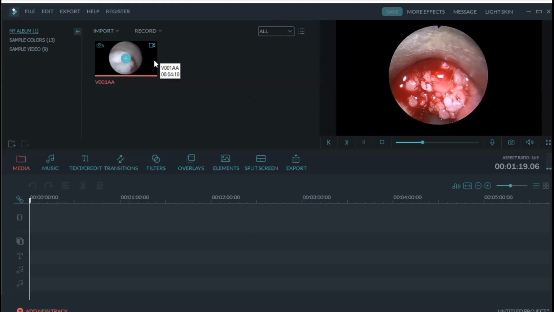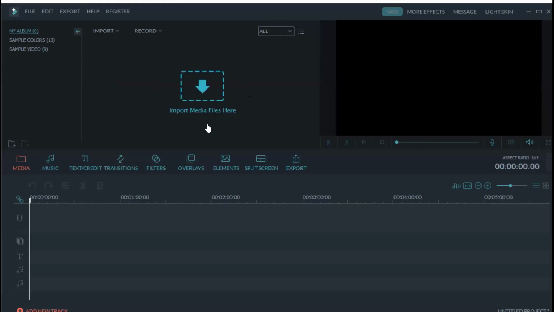That's it. Very simple. Now this is what you exactly get. The first step is that you have to import the file. This is a very simple software, easy to understand, not complicated at all. This is called the timeline. This is the place where you see your video. Then you can import the file by clicking on this.